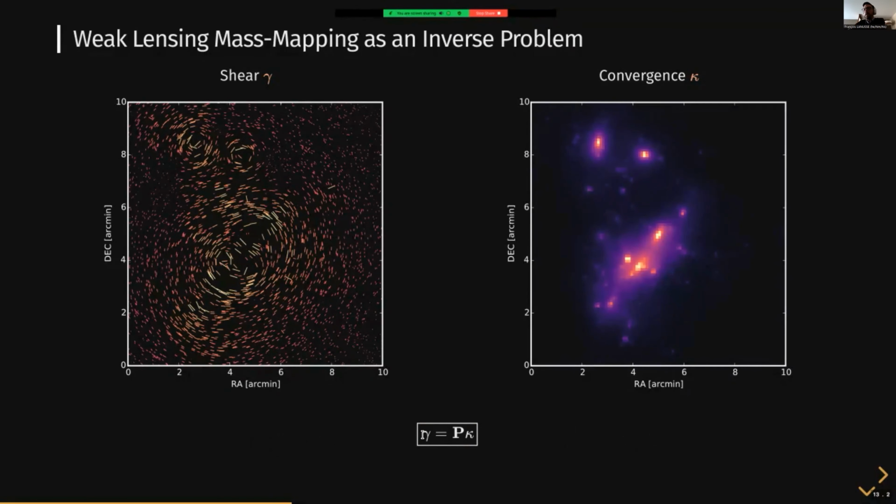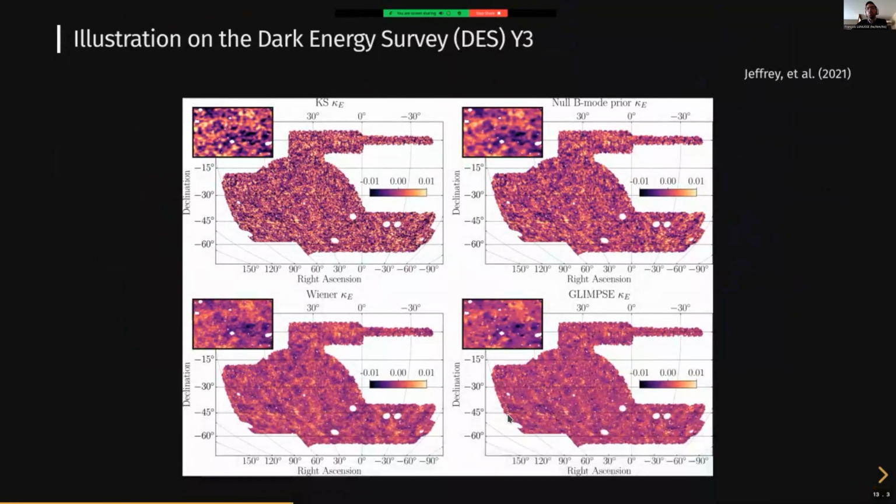And so that would be fairly easy to do if it were not an ill-posed inverse problem, which in practice it is. So I want to show you on this particular example what I mean by an ill-posed inverse problem. So what you see here are maps of the dark matter distribution on a huge patch of the sky as observed by the Dark Energy Survey in a paper that was released last year. And so all of those 4 plots here are actually looking at the same patch of the sky, the same input data, but they're trying to reconstruct these maps of the matter distribution using several algorithms.